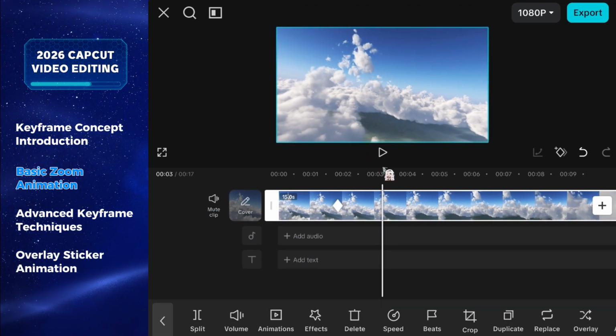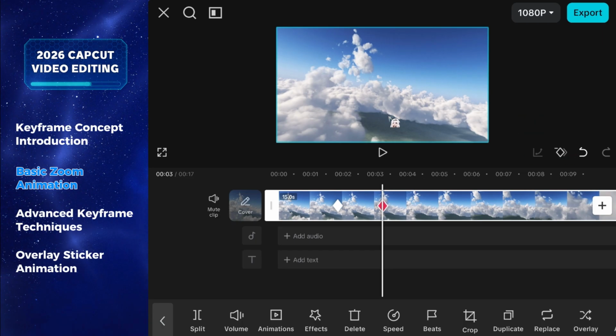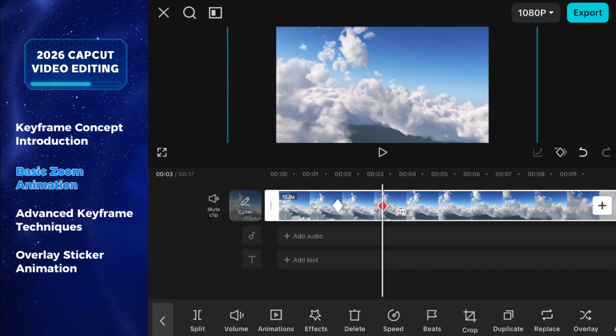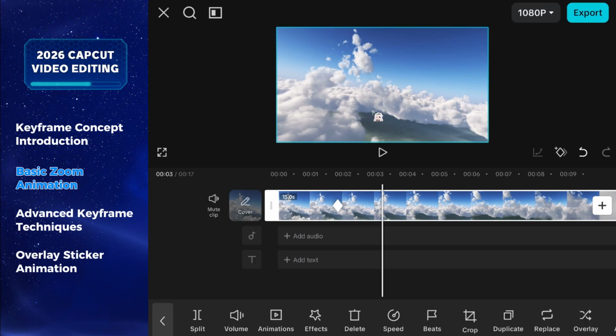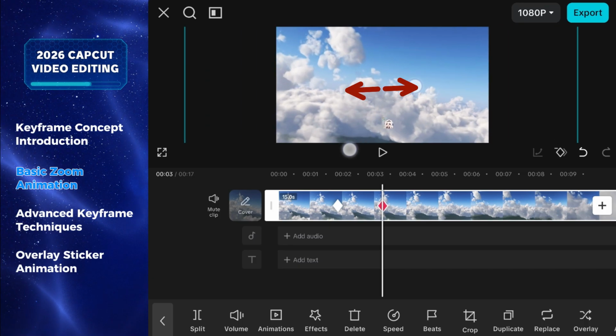The operation here is very flexible. There are 2 ways. The first way is to tap that diamond button again to manually add a keyframe first, and then use 2 fingers to zoom in on the screen in the preview area. There is another way, which is the efficient method I recommend more. Let's delete the keyframe we just added first. You don't need to tap the button, just directly use 2 fingers to zoom in on the video screen in